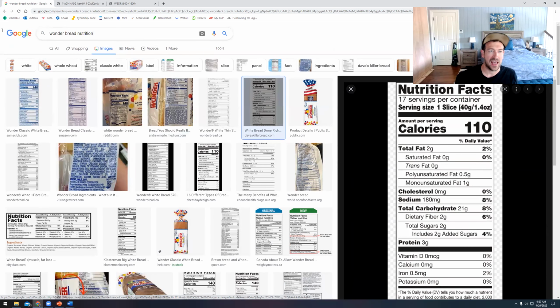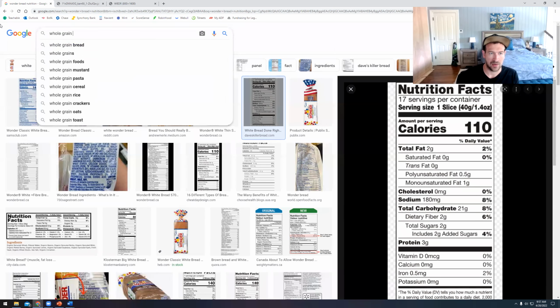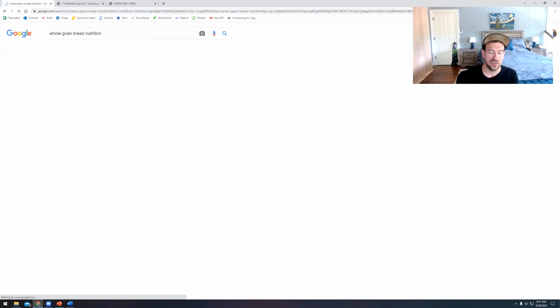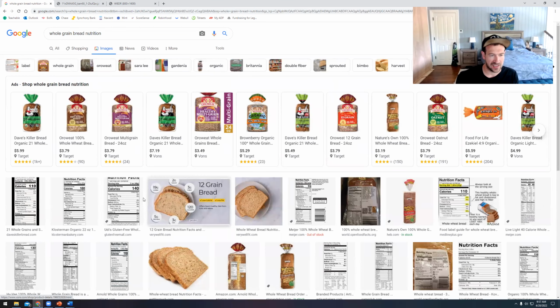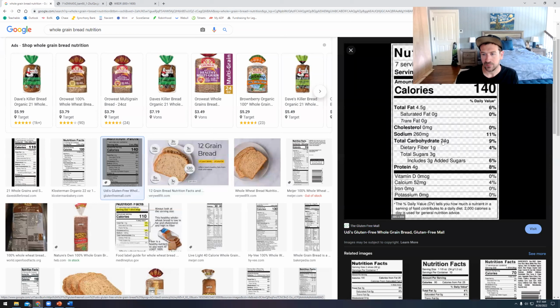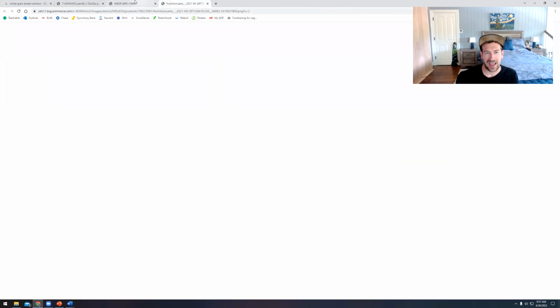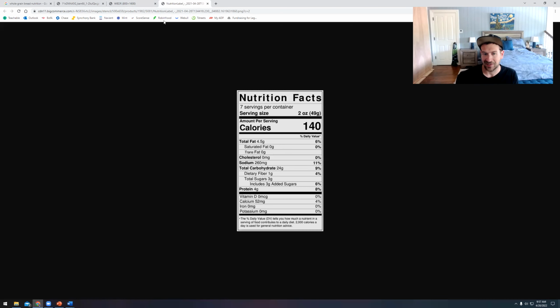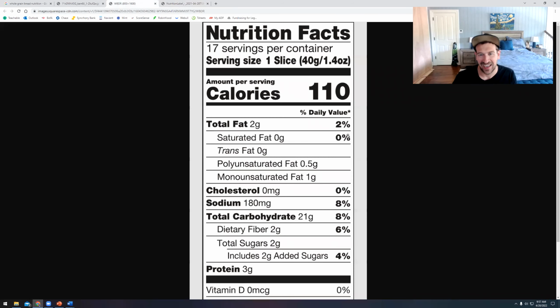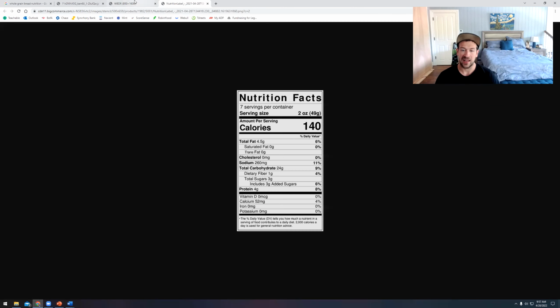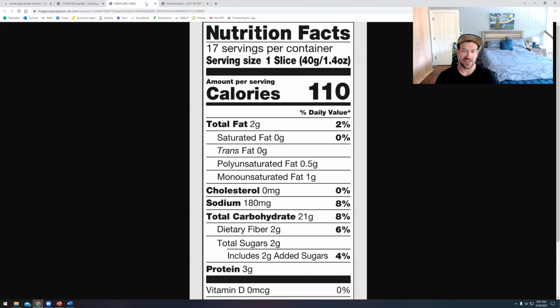Now let's take a look at a piece of whole grain bread nutrition. We'll take a look at a slice of whole grain bread. Holy cow, it actually has more calories in it. That's not good, right? That might make you think that we should put the emphasis on the Wonder Bread if we're only paying attention to calories, right? But the difference is,